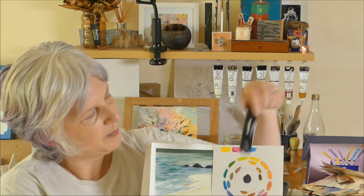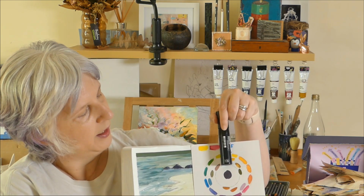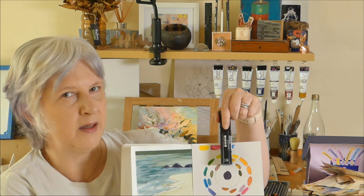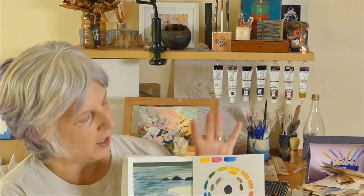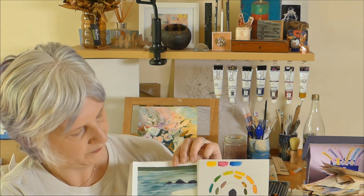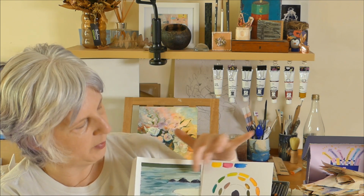So if I put this black next to it, you can see that it's not quite black. It's like a very dark browny purple, but it's close enough to black for me. You do go through a lot of white if you like to use gouache in a really thick and opaque way, which I do. And then of course in here there's also a little bit of colour that you can